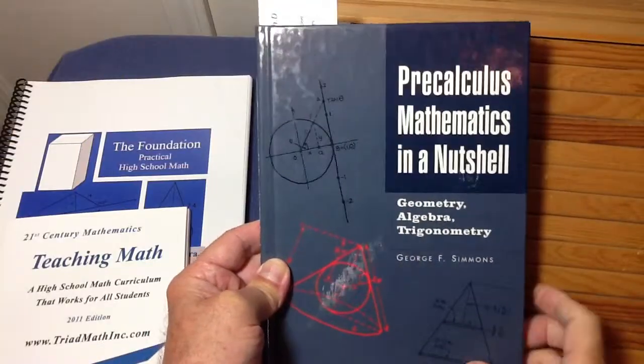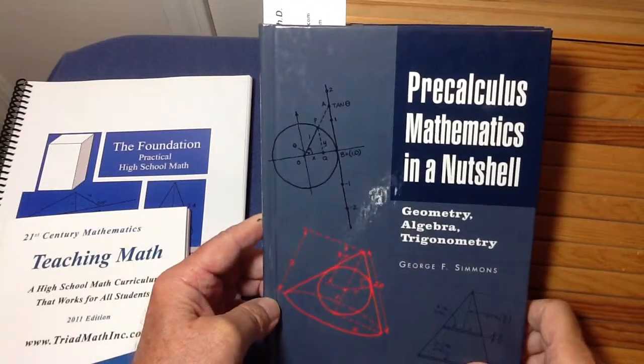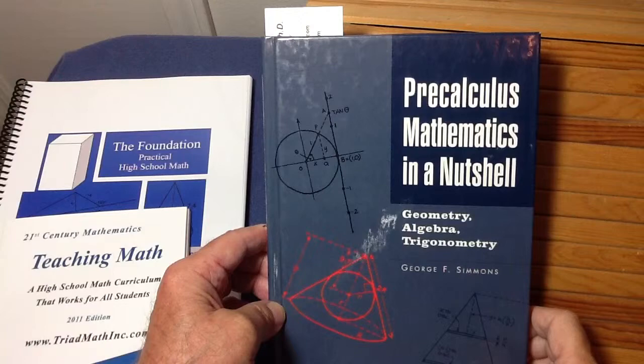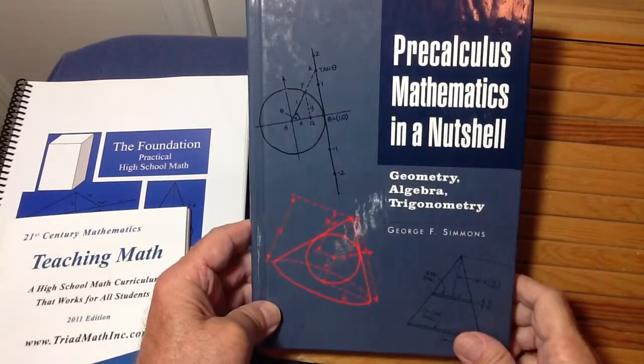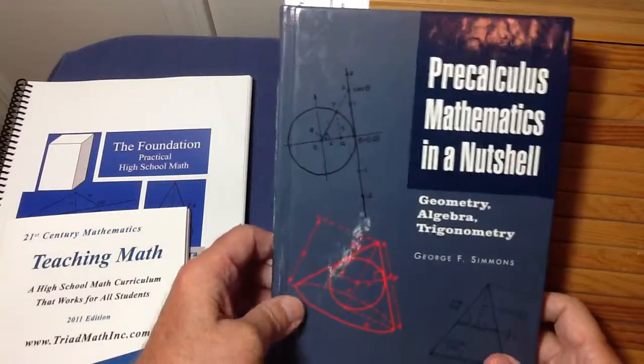So let's take a look at the proof that is usually given today. It's given in just about all of the elementary high school geometry books I've seen. And I'm going to look at the one out of George Simmons' great book, Pre-Calculus Mathematics in a Nutshell. And of course, as you know,